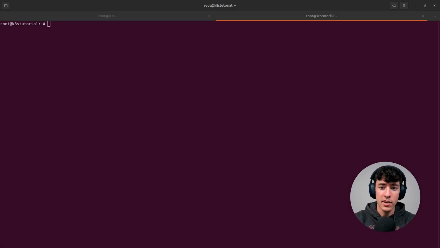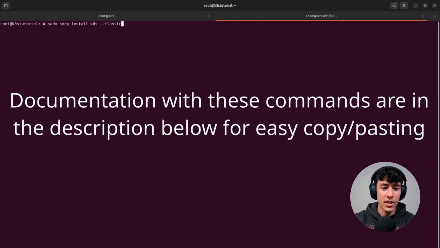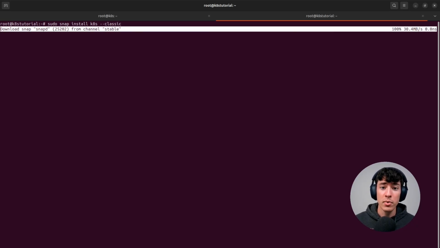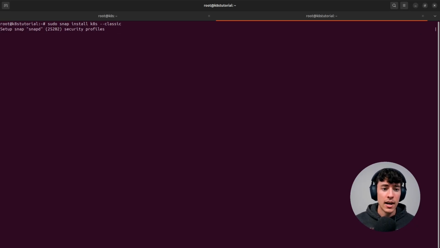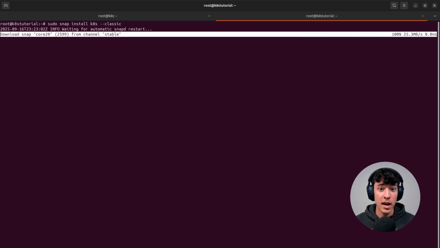Alrighty, so let's head over to the command line. All we have to do is run this command, sudo snap install k8s --classic. This will install the Kubernetes snap. This is not going to be a multi-node Kubernetes cluster. This is going to be a single node Kubernetes cluster, but it's going to be perfect for quickly spinning up